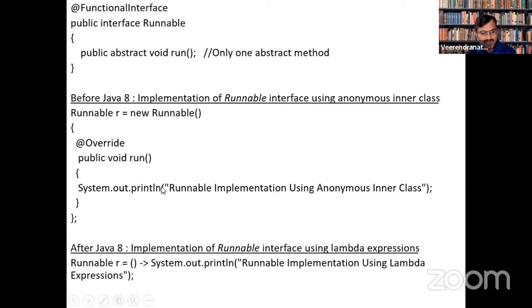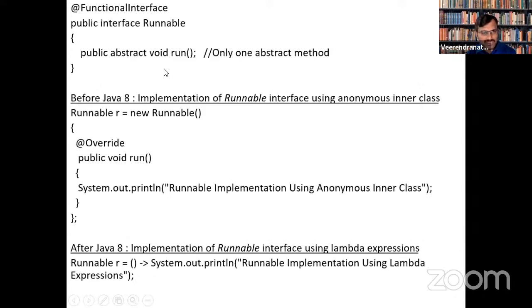But after Java 8, here you don't have any parameters. No parameter specified, so then you can print whatever. This was the example for after Java 8 using the Runnable functional interface.